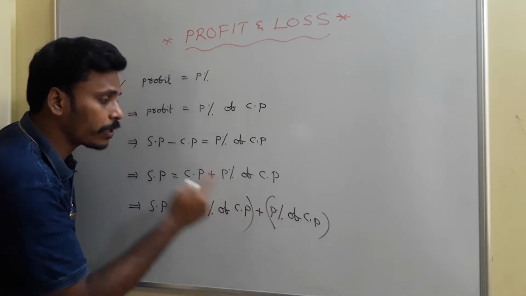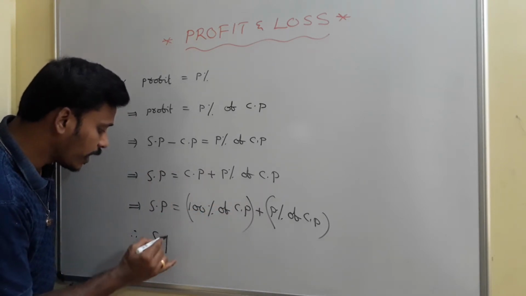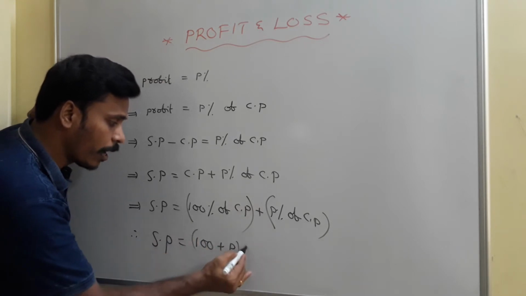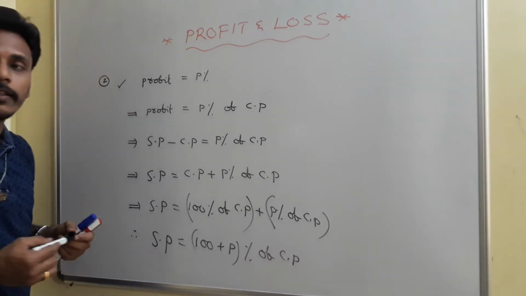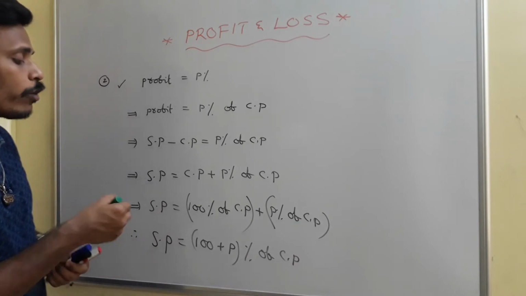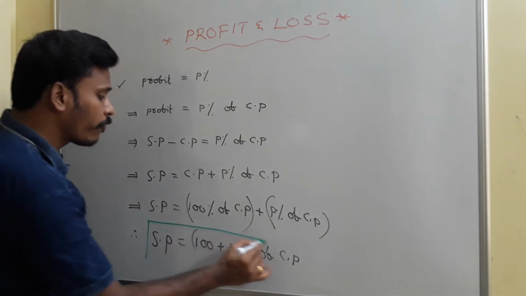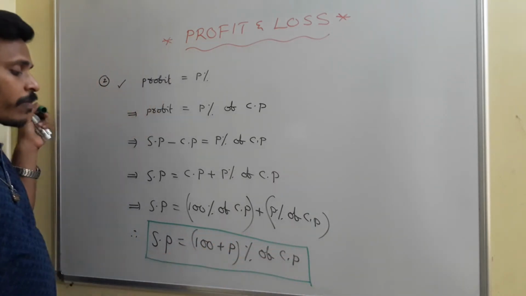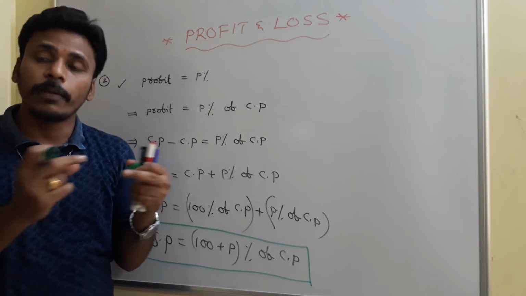So both are the percents of cost price. If you combine these two, at the end, selling price is equal to 100 plus P percent of cost price. That's the final statement at the end. This statement is very helpful in establishing the relation between selling price and cost price if profit percentage is given. And this way of expressing selling price as a percentage of cost price gives you many shortcuts